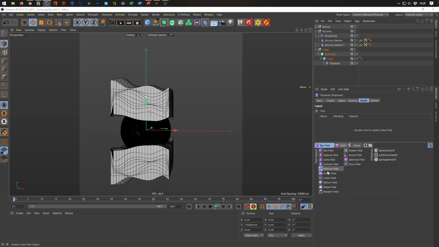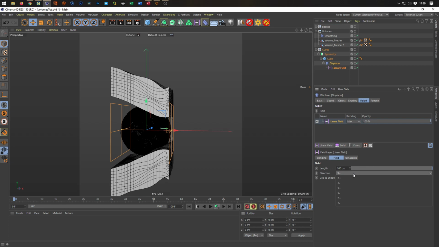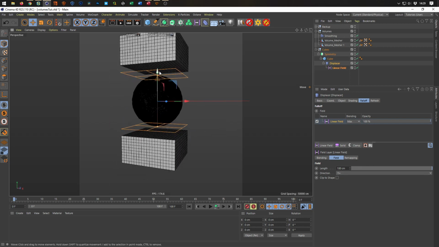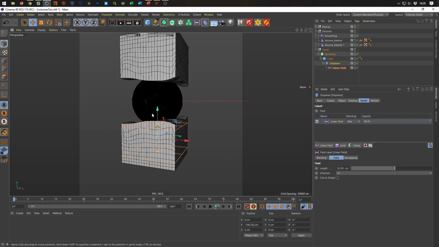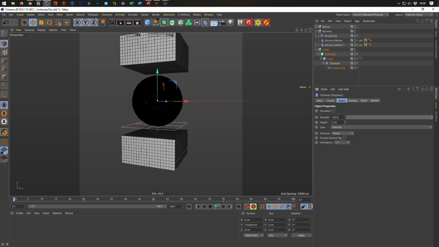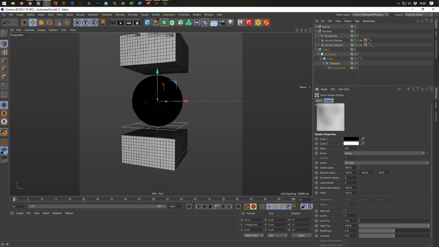Now I want again the linear field in plus y. Back to this guy here, and make the shading smaller again. We have